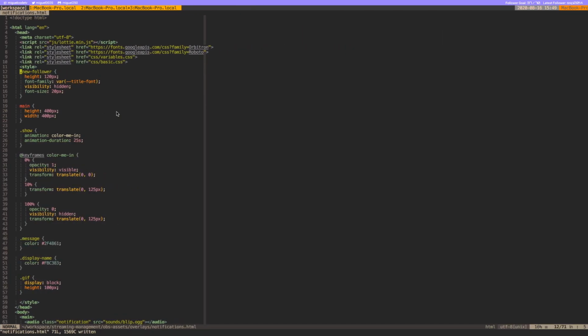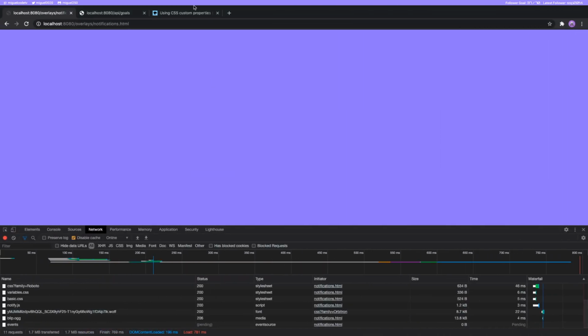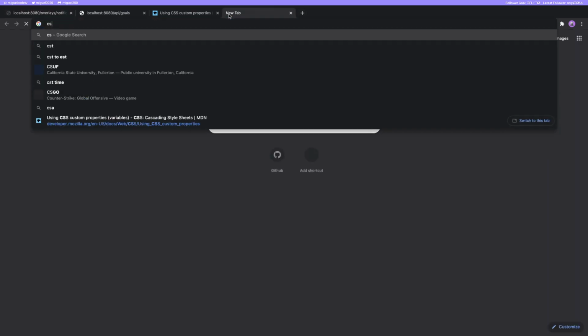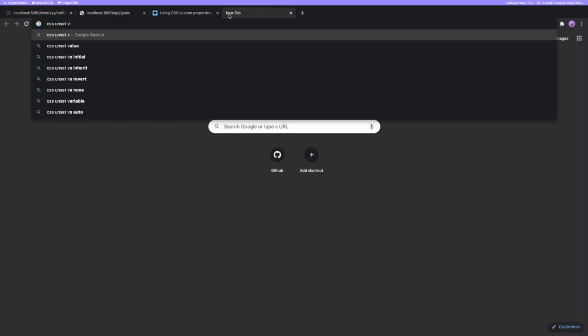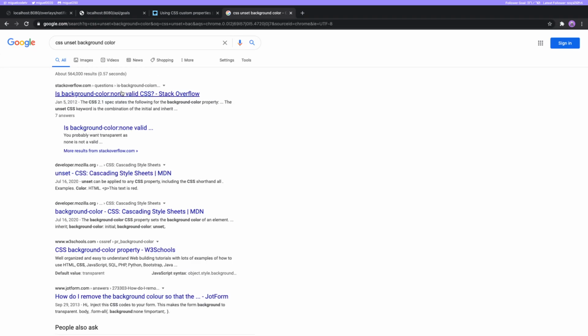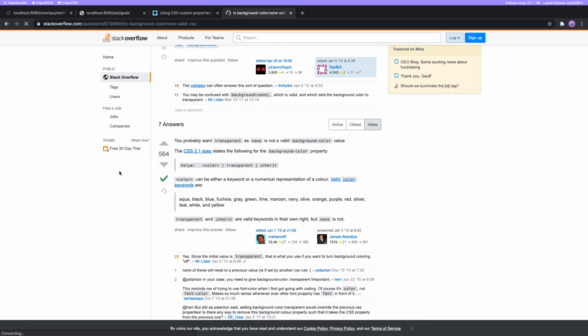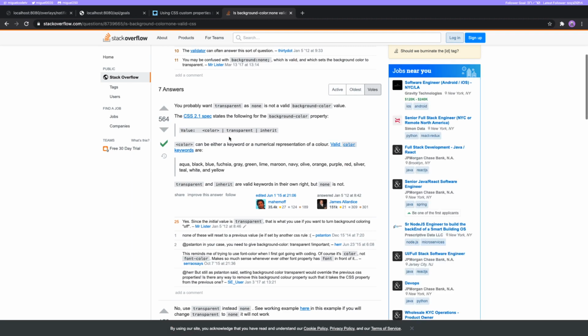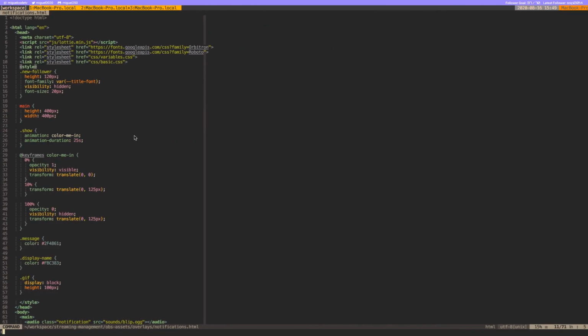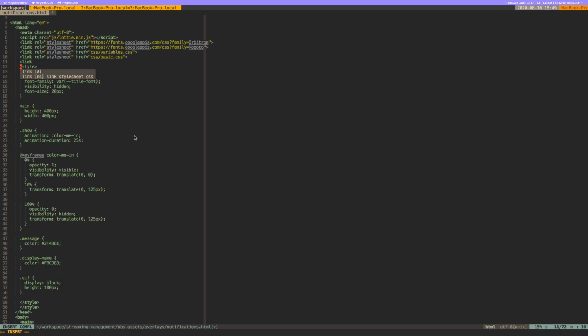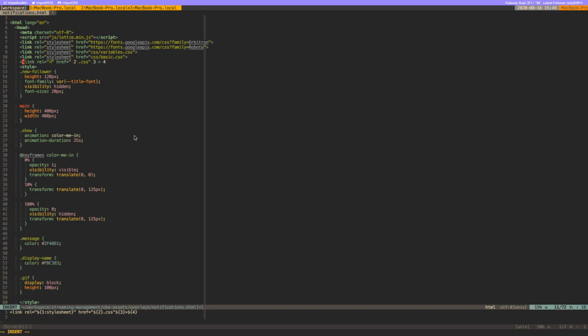Notifications don't have a background, so we need to override the background here. How do you set the background? Okay, so for notifications, we need to just change how the background works. So for the background, we need to give it a